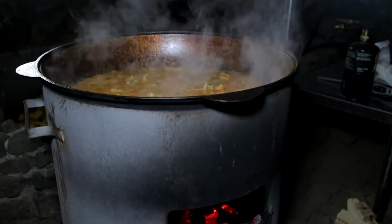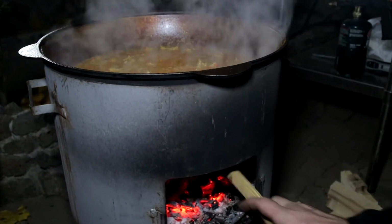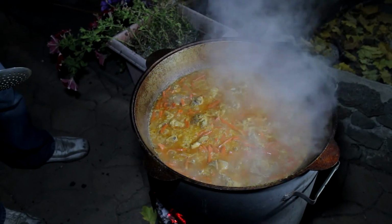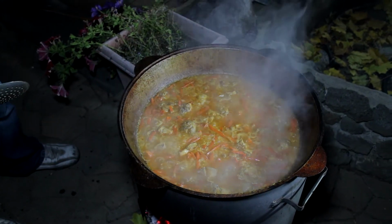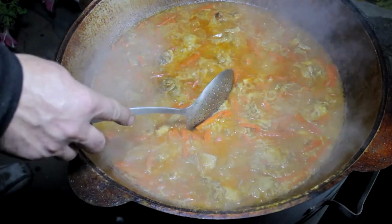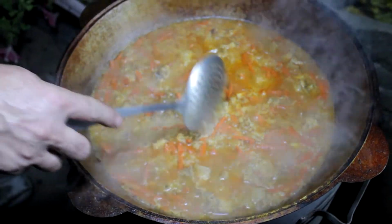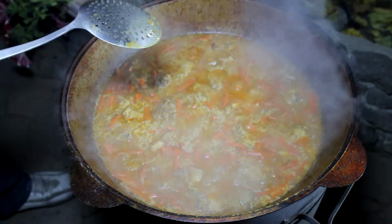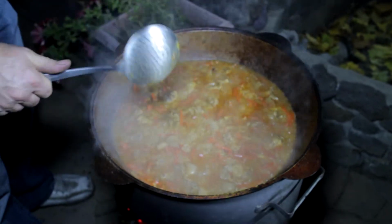So it's gonna take another half an hour, and it will be done. What I see here, it's almost time to cover it. How do you know that? Because see the water level, it's low. So the rice soaked it all in? Yeah, not all, but the majority. Yeah, and it's kind of important to cover it